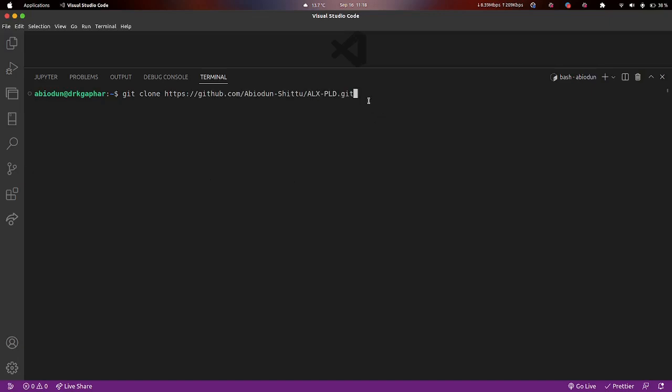Now the question that will be running through your mind right now will be, are we going to clone with our personal access token? The answer is no. You don't have to navigate to the back of GitHub and put your personal access token here. The reason is that we've already synchronized our Visual Studio Code with GitHub and already set the permission for it. So we don't need to clone with a personal access token,